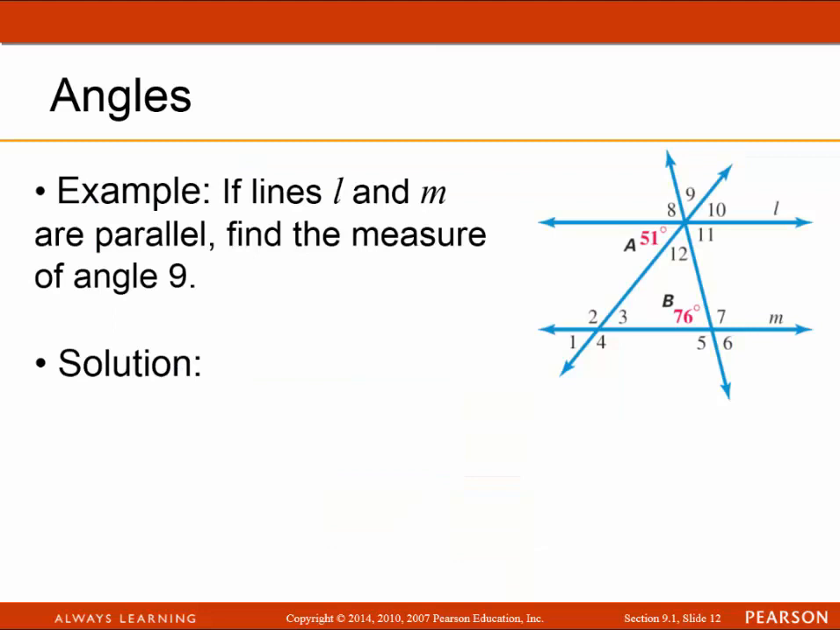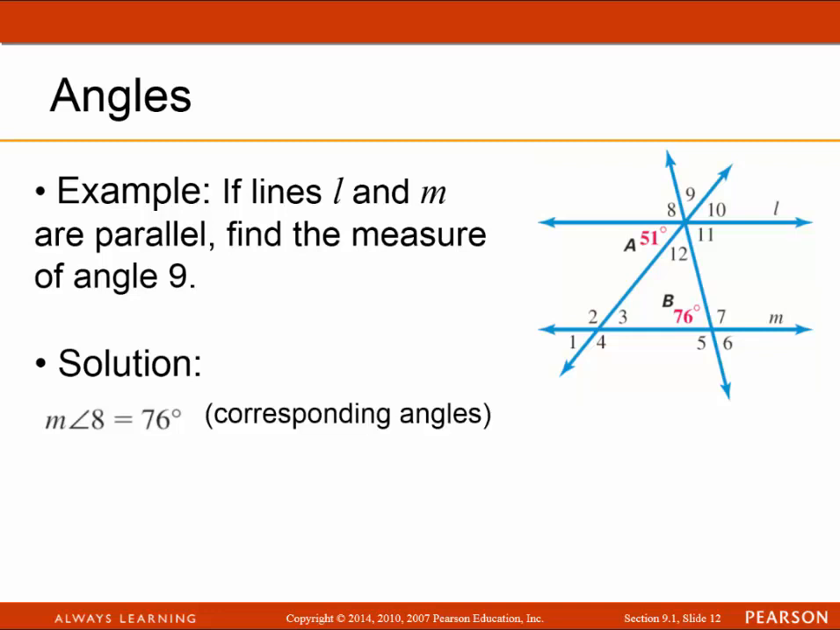So here's an example. If lines L and M are parallel, find the measure of angle 9. So we're given some information here. We have angle A, which is 51 degrees, and angle B, which is 76 degrees. And we're going to use the relationship of these 8 angles in order to solve this problem. So the first thing is that the measure of angle 8 is actually 76 degrees, and that's because they're corresponding